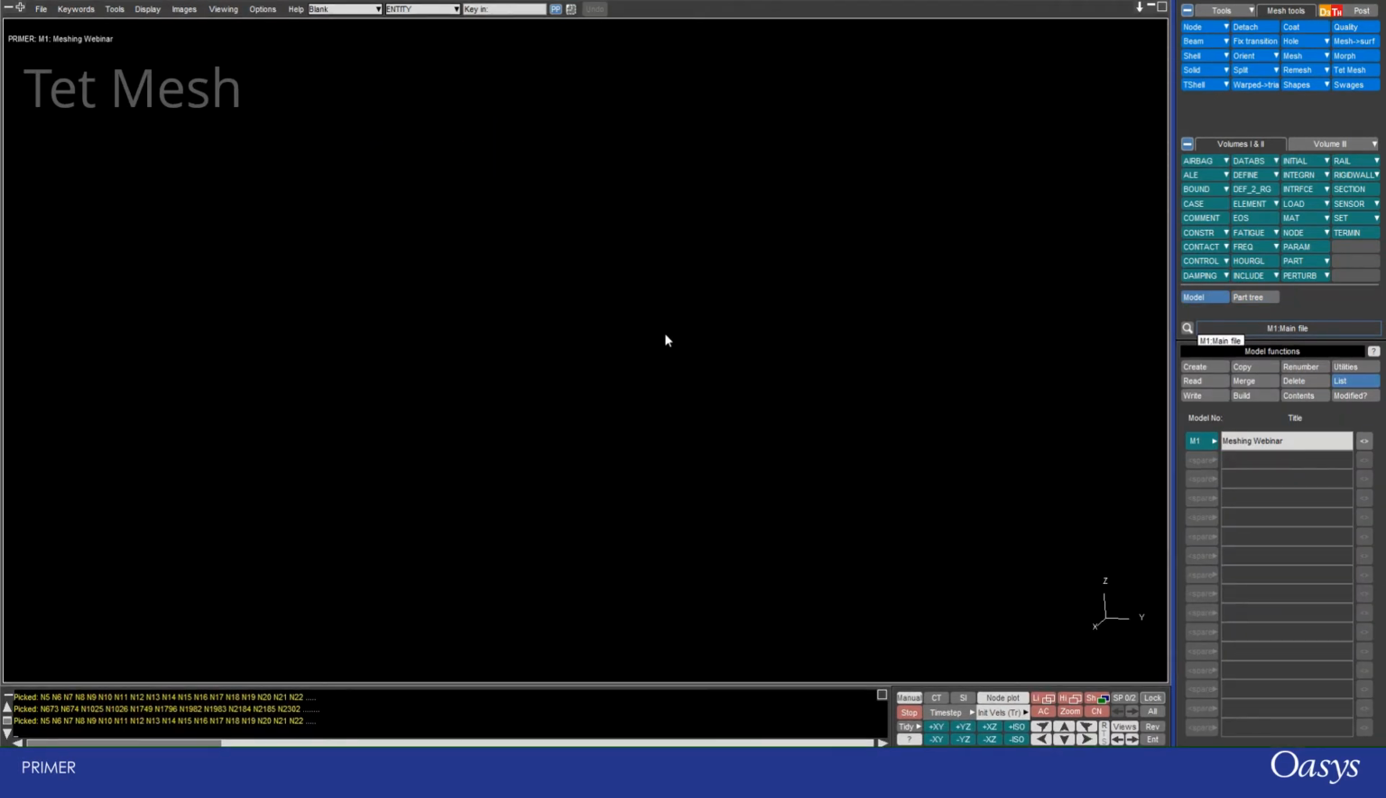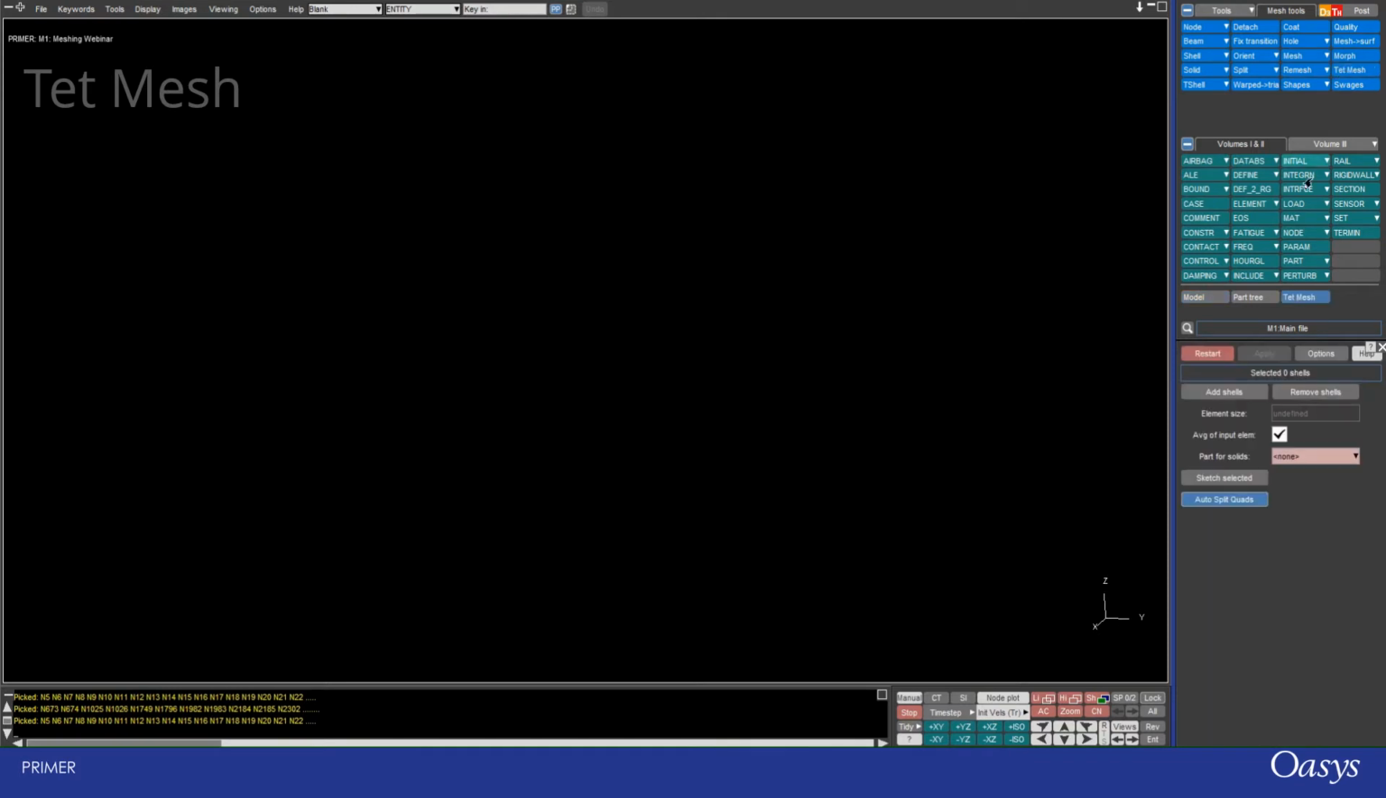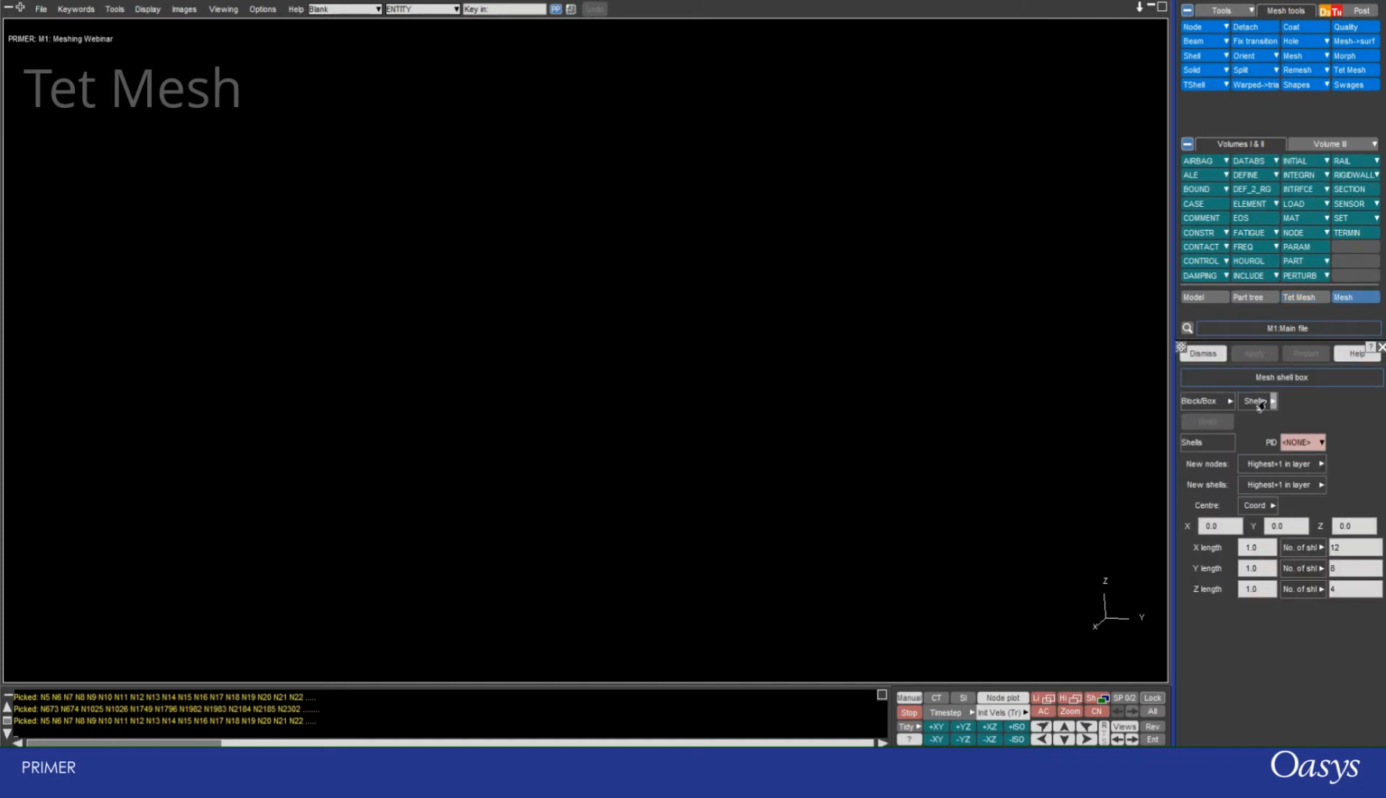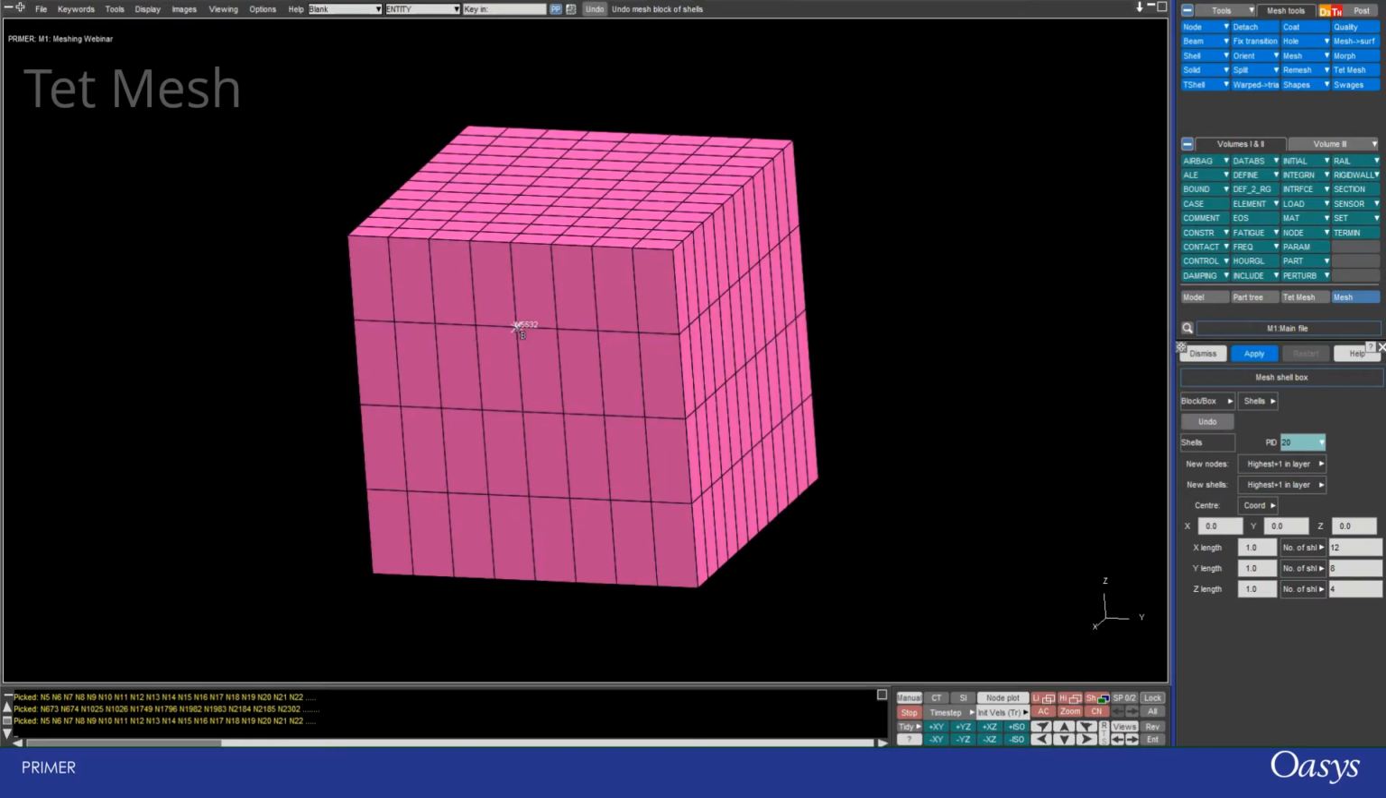Lastly, we're going to look at the Tet Mesher. For this, we need some shells which enclose a volume. They can either be triangulated or quads, in which case you need to use the auto split quads option. So first of all, I'm going to go to shapes and box, and I'm just going to create a box of shells. I'll use these options 1, 1, 1, 12, 8, 4 on the sides, apply, and I've created the box